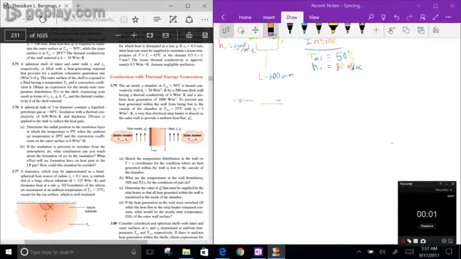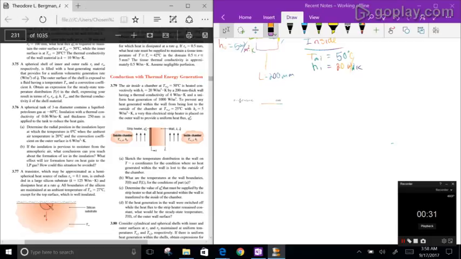Do question 3.79, and basically I'm going to do part B, try C. So you have this wall that heats this inside chamber, and it has a uniform heat generated. For part B it's asking what are the temperatures at the wall boundaries for conditions of part A. And for part A, what you need to know is that with that electrical strip,